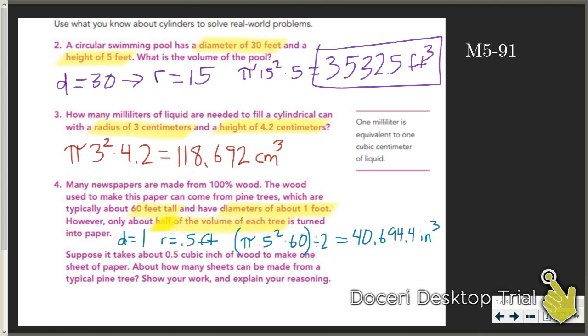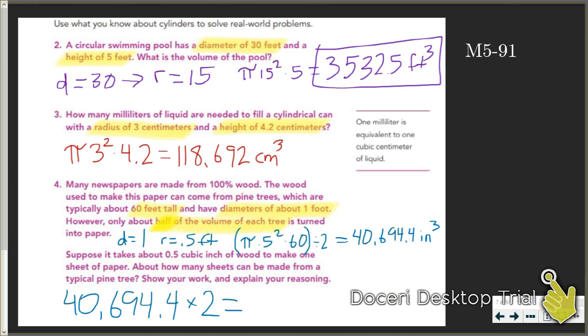Okay? But that's not all that we need to do yet, because then at the bottom it says, suppose it takes about a half a cubic inch of wood to make one sheet of paper. Well, if it takes a half an inch, that really means that each one of these inches, each one of these 40,000 inches that we got in the first part, each one inch of those really makes 2 sheets of paper. So if we take this whole answer, 40,694 and 4/10, and we multiply it by 2 because each one will make 2 sheets of paper,